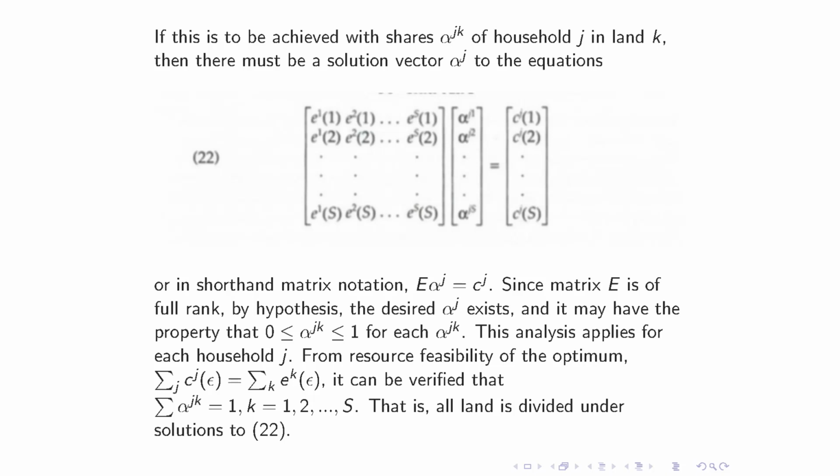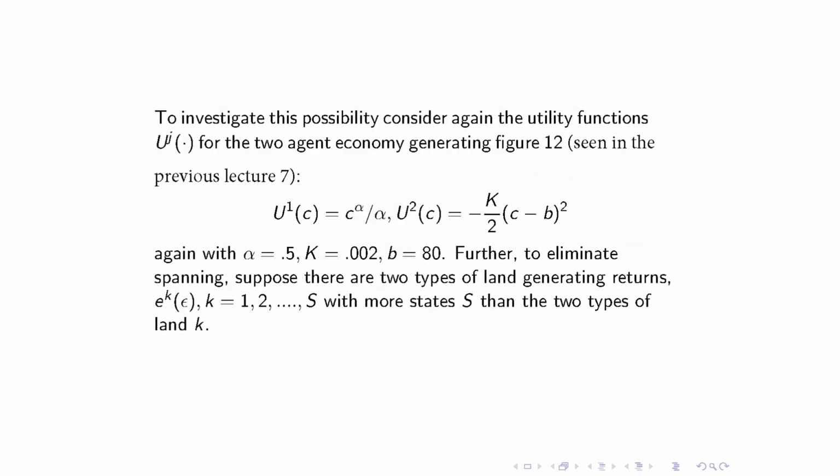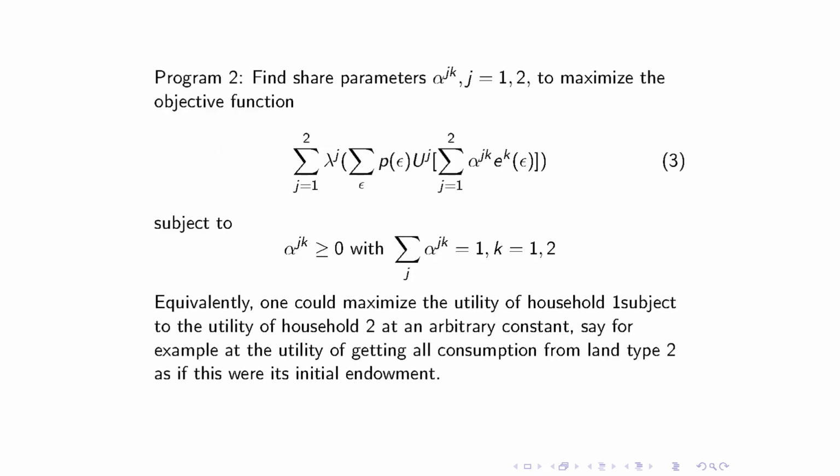And it's not perfect, but in general, since this vector of endowments is non-singular, you can solve for the consumptions. And one hopes that the shares will be positive in the end. So if there are as many types of land as there are states of the world, they have a shot at achieving the optimum by entirely dividing up the land and not having to give gifts or transfers to one another after the fact. So then we come to, we put in particular utility functions,